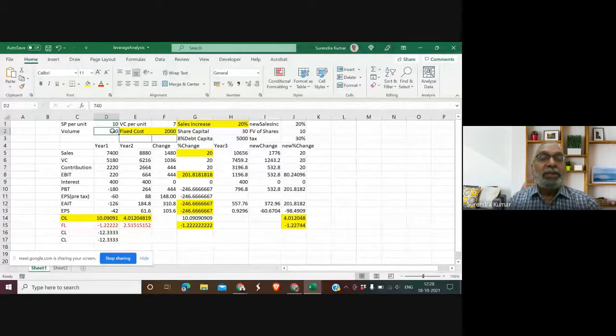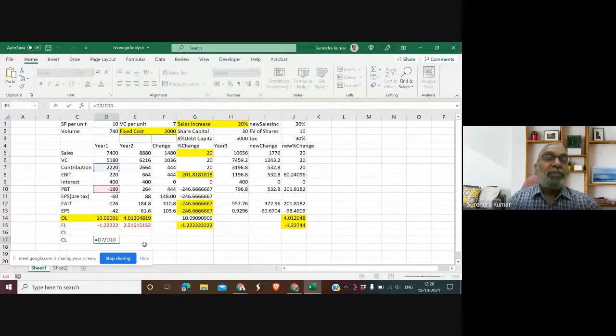And based on the percentage change, I'm calculating my operating leverage. I'm calculating my other leverages also, but right now my discussion is focused on operating leverage. So I'm showing that, even in other cases, you can see by both the methods, when you are calculating combined leverage, like I'm calculating combined leverage by this first method,